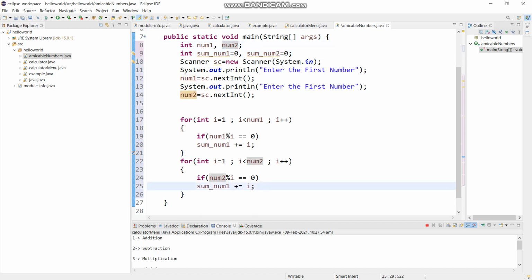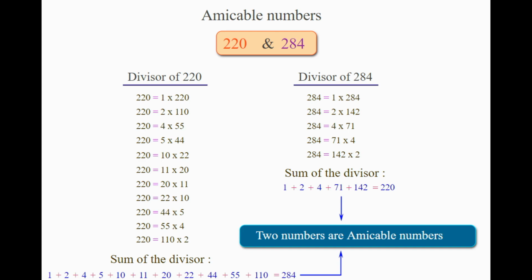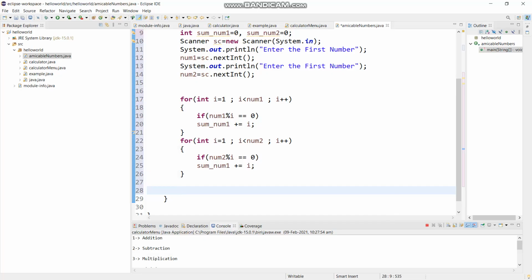Afterwards, the sum of the factors of number 1 should equal number 2, and this is the and operator.